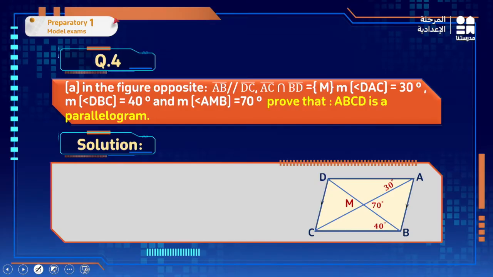Question 4. In the figure, AB is parallel to DC. AC intersects BD at M. The measurement of angle DAC is 30. Then the measurement of DBC is 40, and the measurement of ABM is 70. Prove that